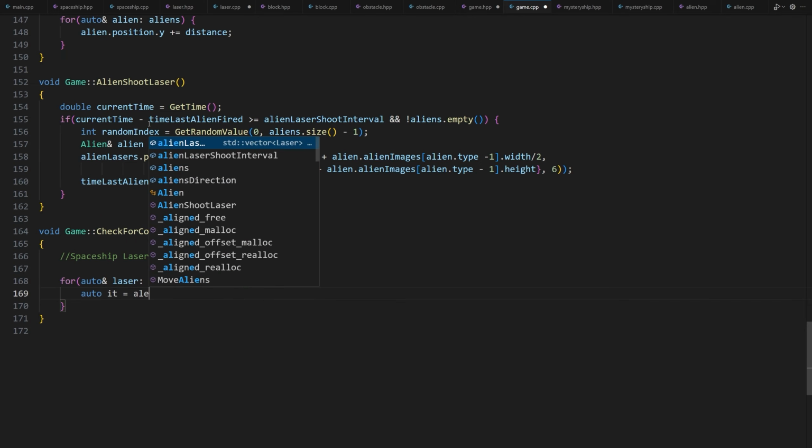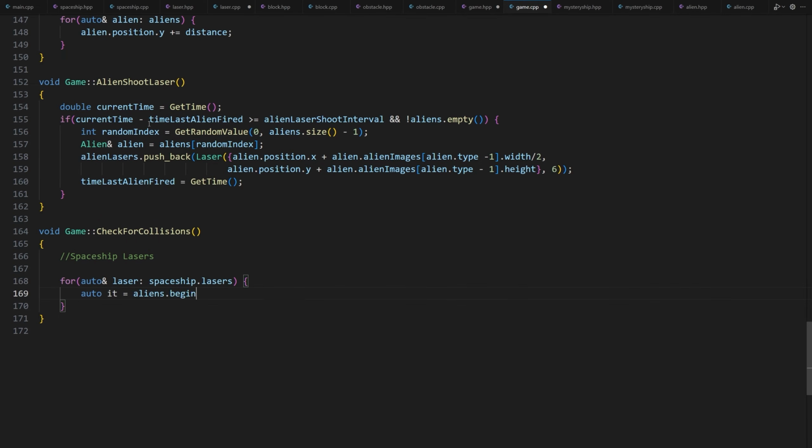auto it = aliens.begin(). With this, we created an iterator and we made it point to the beginning of the aliens vector. Now, until we reach the end of the vector, while (it != aliens.end()) {, we need to check if the laser collides with the alien the iterator is pointing to. This is easy.